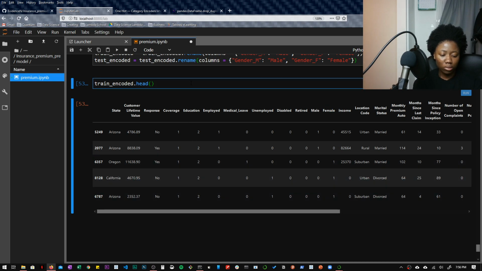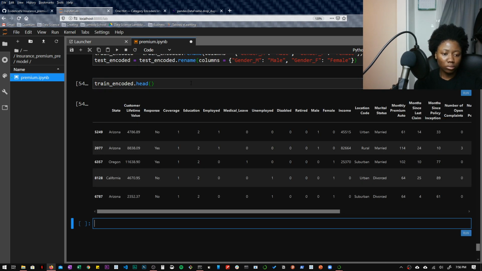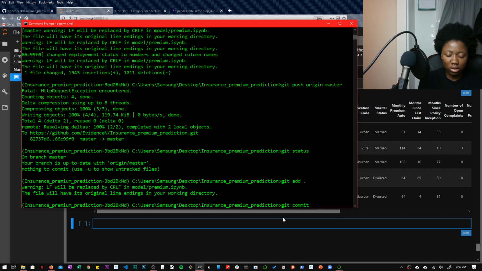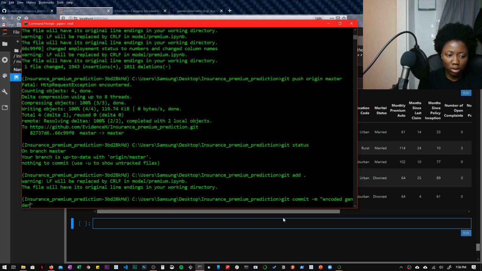Alright, so let's push to GitHub, git add, git commit, message: I encoded gender to numbers and changed column